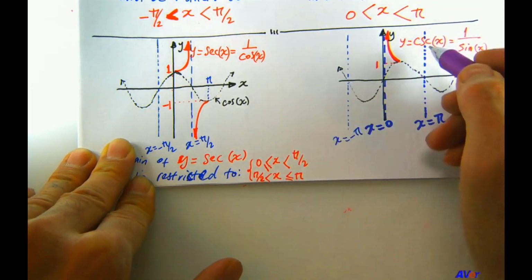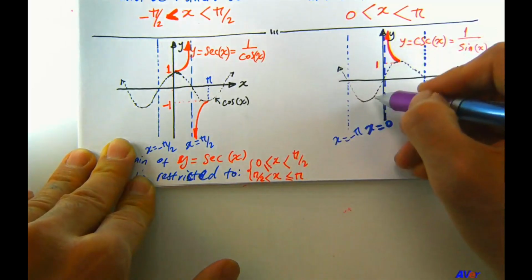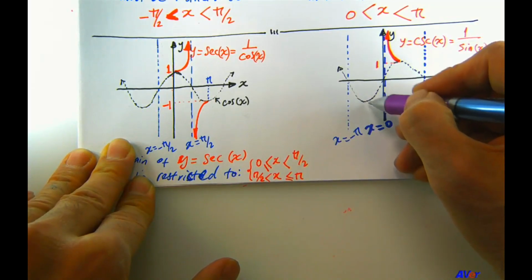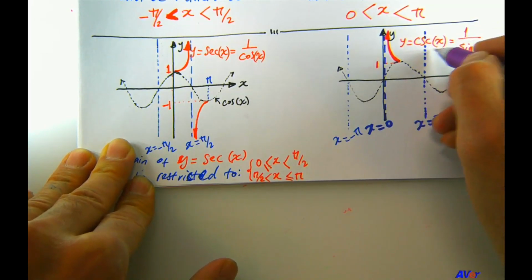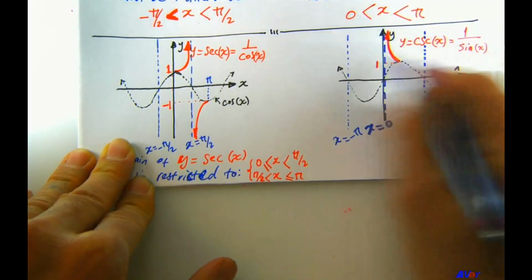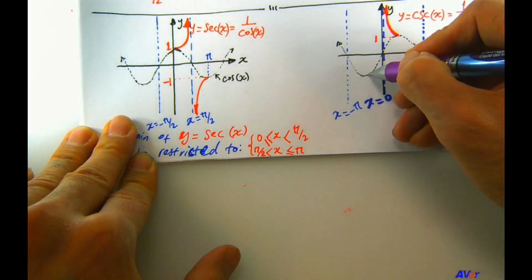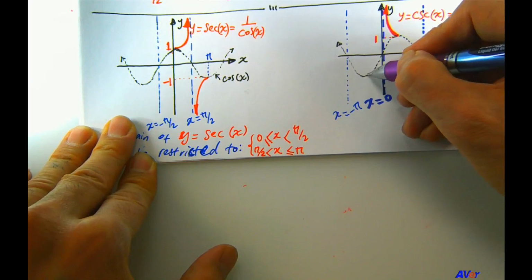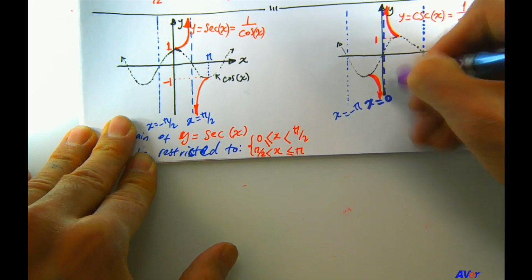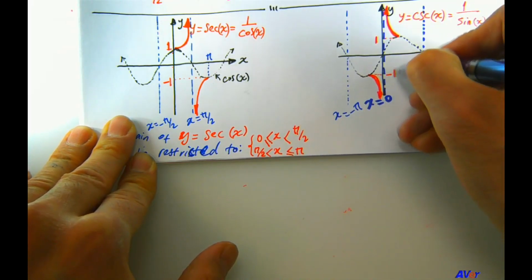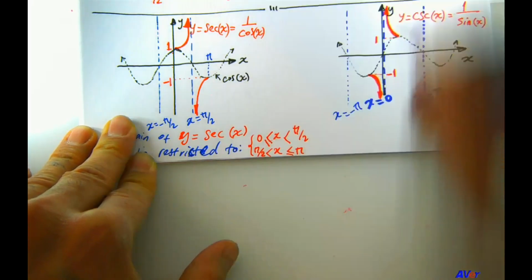So where else should I go to draw the other arm? Can I go this side? It looks like it. Yeah. It looks like I can. Can I go? No, I can't go this side. I can't continue this side because it will fail the horizontal line test. So I'll have to come this way. So the other piece would be right here, from here and then here, like that. And this would be -1 along the y-axis, right? So here are the two pieces, that one and that one.